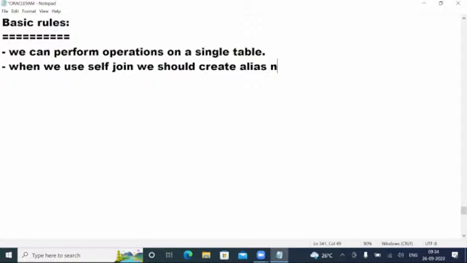And the third point: when we create an alias name on a table, internally the system is preparing